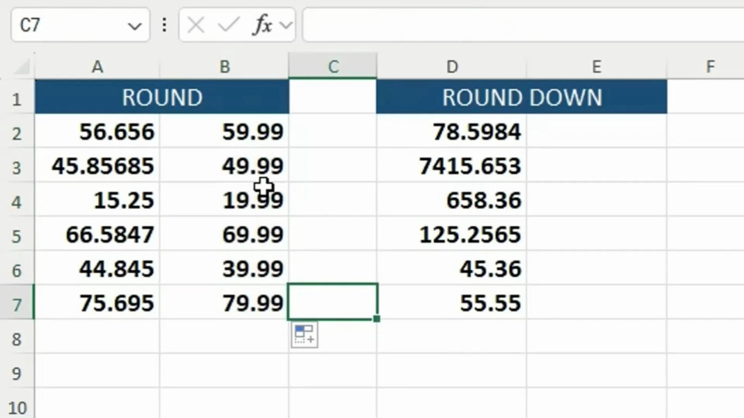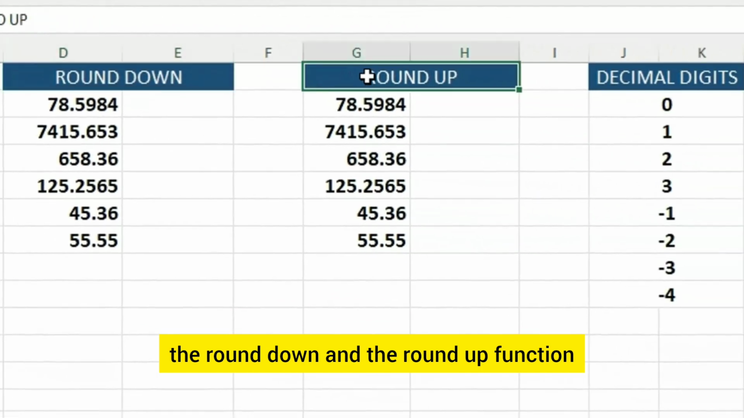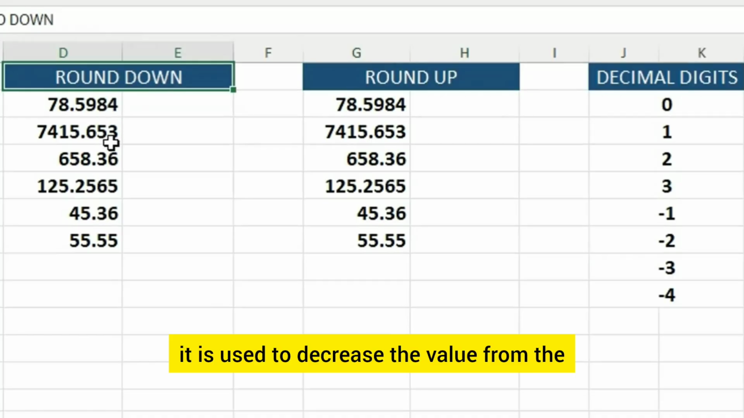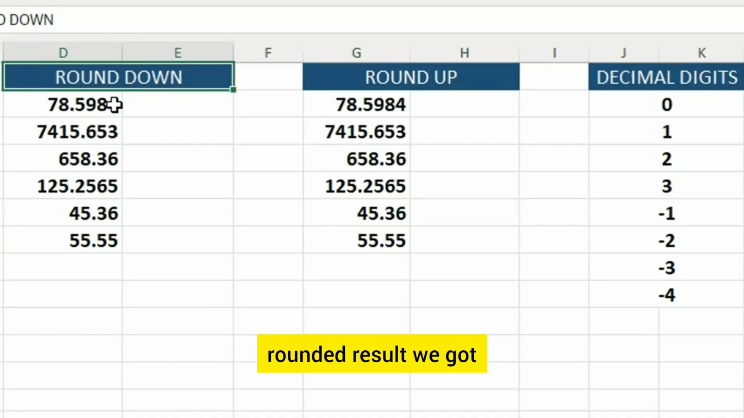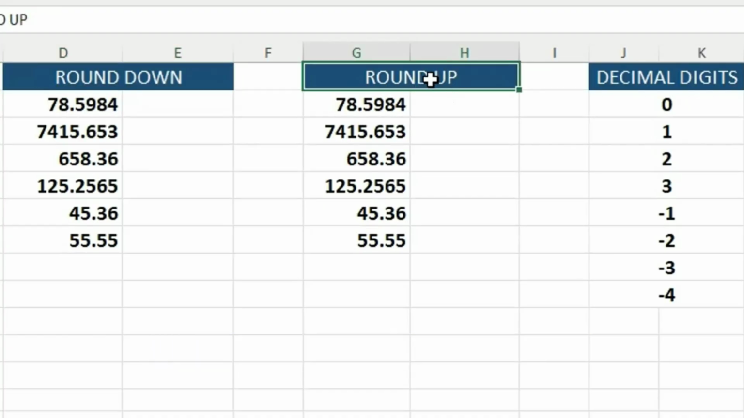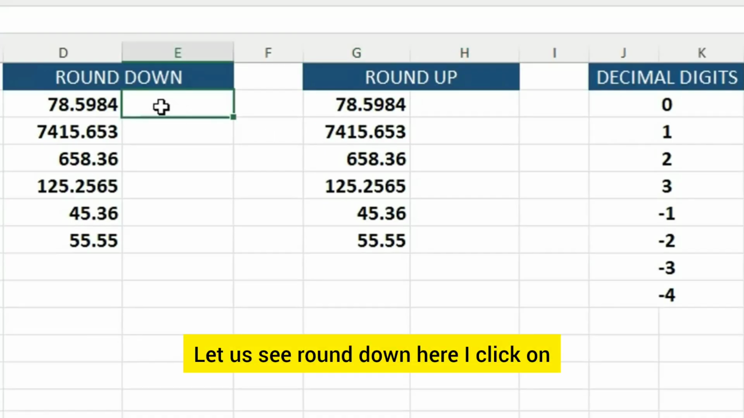Let us see the round down and the round up function. In round down, it is used to decrease the value from the rounded result we got, and round up increases the value from the rounded result. Let us see round down. Here I click on